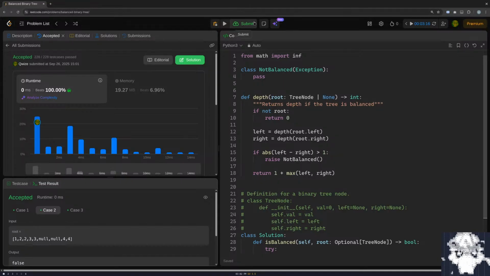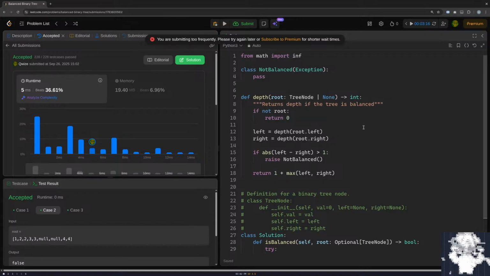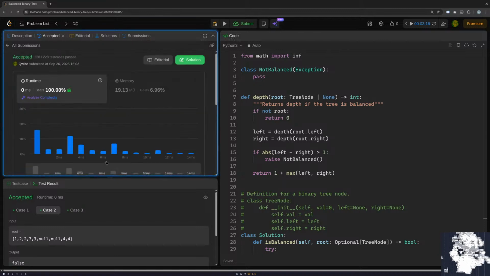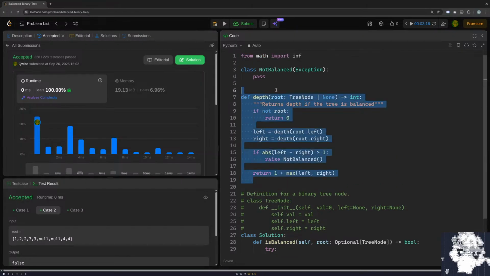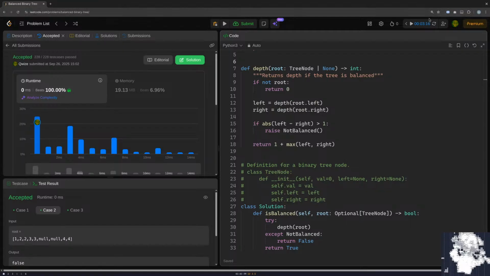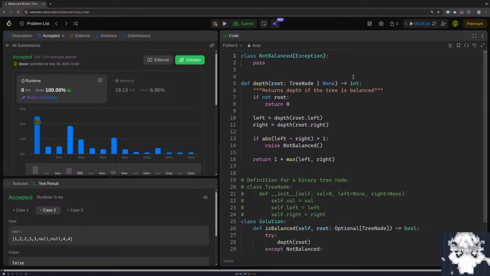Not too shabby. Ended up with kind of a clever thing. Oh, maybe all of the variance has been random because I didn't change anything in that time. It was 5 milliseconds instead of 0. And that time it was 0. Interesting. Okay, maybe none of what we did mattered, but this is kind of a cool looking answer in the end. We actually solved it in 3 minutes and then spent a bunch of time doing nothing for no reason. And we also don't have any infinities anymore in this solution. All right, that's